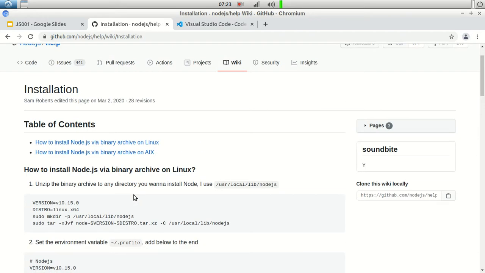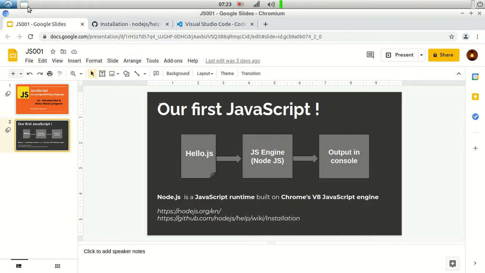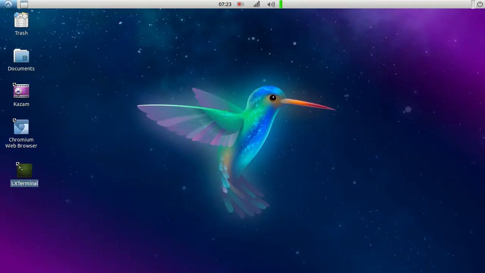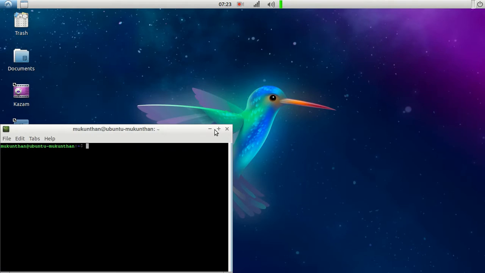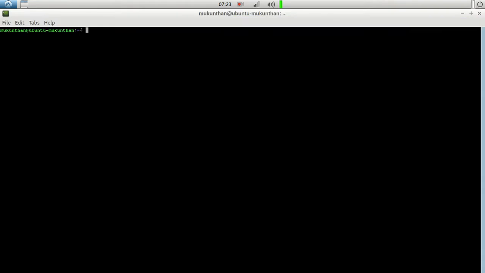So moreover, it's more on the installation part that everyone knows, so I will switch over to the next level. Let's say we have Node.js installed. How to confirm that? Just open your terminal in case of Linux. In case of Windows, just open the command prompt. In my case, I am just typing node -v and you will see the version.